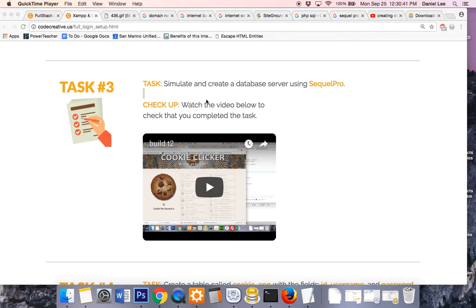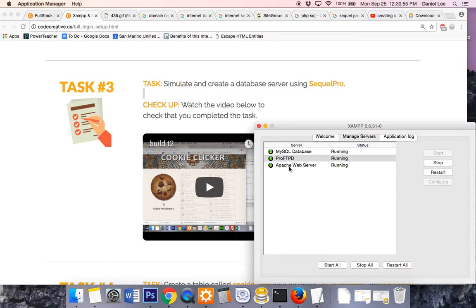So our next task is to create a database using SQL Pro, and we have our database server running on XAMPP. If I can get this to open up. Yeah, so we have our web server here running, and we have our database, our SQL server also running. And so what we need now is to be able to create a database for this